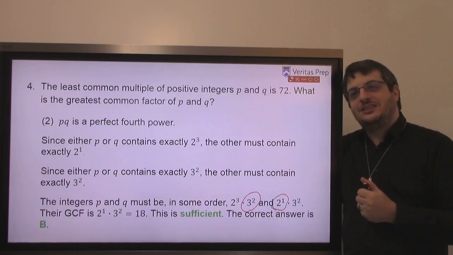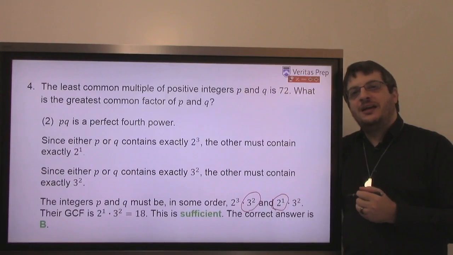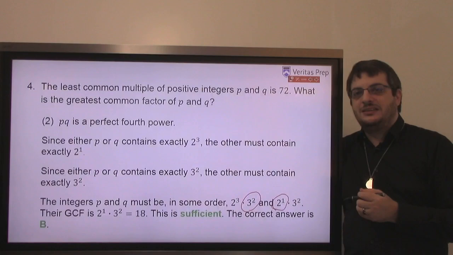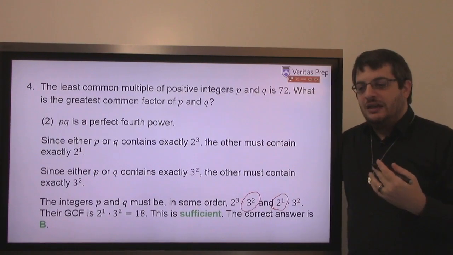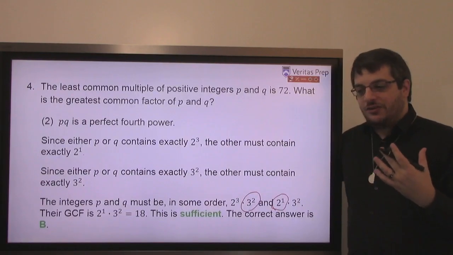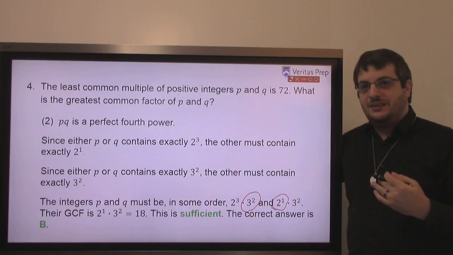Is there an alternative to solve this? Not off the top of my head, Drew. I think this is how I want to solve it. It's very abstract and it's challenging, but again, the point is that it doesn't just let you use a formula. If all you have is some formula for the greatest common factor or least common multiple, that's great, but it's not going to solve this problem. You have to think. All right?